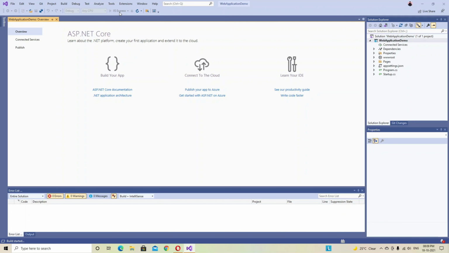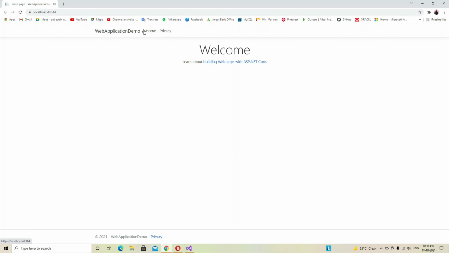We can see that we have a website ready, and this website uses Bootstrap CSS by default and has a navigation bar on the top. It has the home page and privacy page, and we can toggle between the two menus.